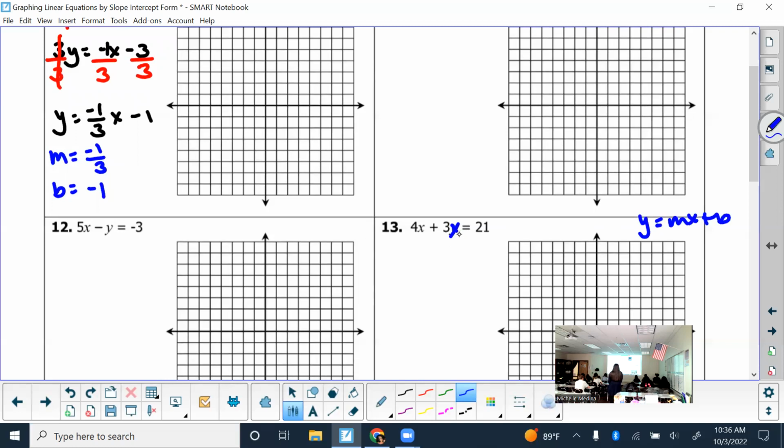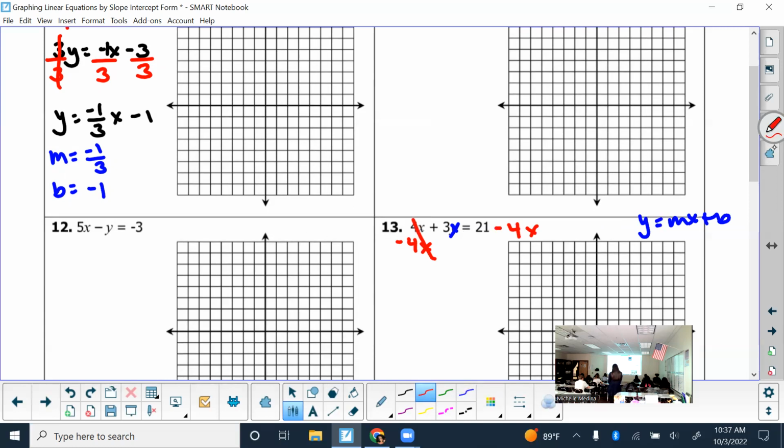What's farther from the y? The 4x. So keep the like terms together, and only separate the 3 later because it's connected to the y. So how can I make the 4x move? Whatever you do on one side,